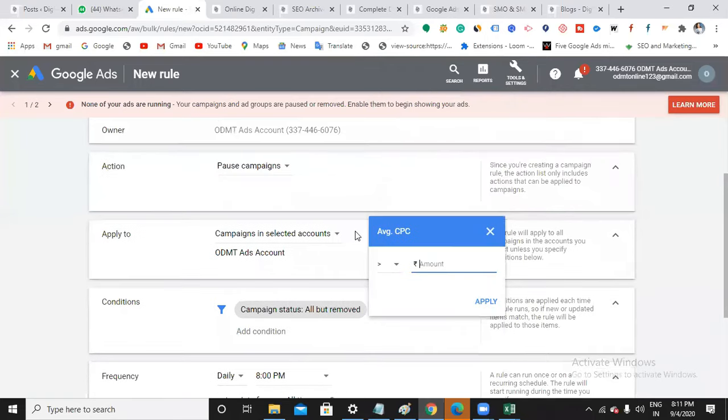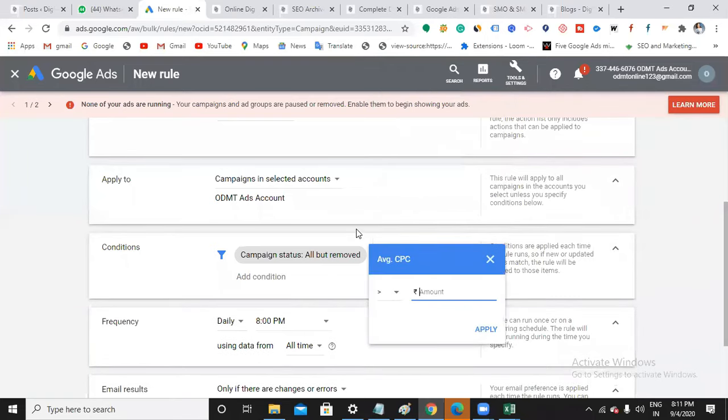So when the average CPC of a particular campaign reaches greater than 70, what happens here? When my campaign average CPC is more than 70, you should pause my campaigns. That is my rule.